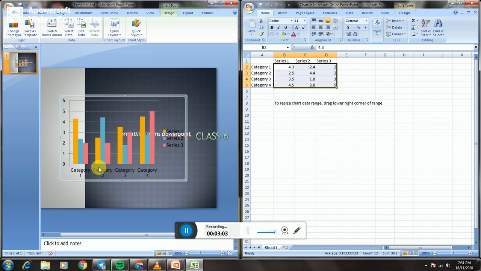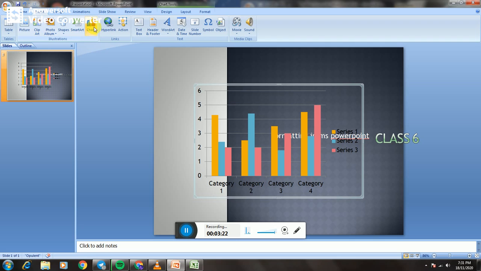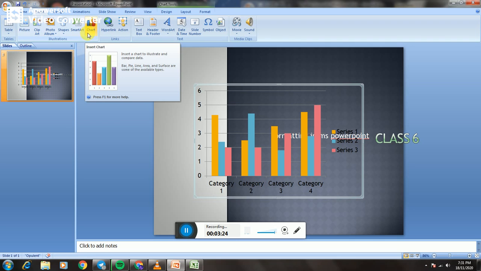Creating a chart. Follow the given steps to create a chart on a slide. In PowerPoint, click the placeholder into which you want to insert a chart or graph. Do one of the following. First, on the Insert tab in the Illustrations group, click Chart.